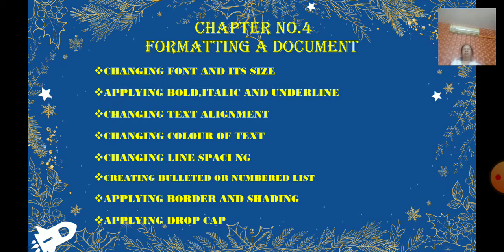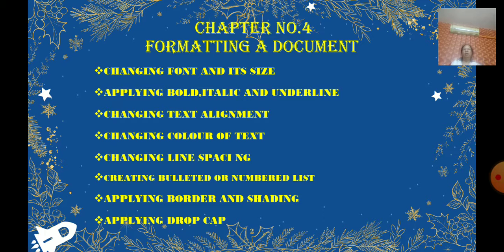Now changing the text alignment. What do you mean by text alignment? Alignment refers to the positioning of the text. Okay, you can set left, right, justify. So left means it places all the selected text in the left margin. Okay, and the center, it will take all the text in the center of the left and right margin. Same thing, right margin, it aligns the selected text to the right margin. Okay, so before that you have to select the text. Same thing, justify, it places the text evenly between the left and the right margin. If you want to do some paragraphs, then you will use a justify alignment.